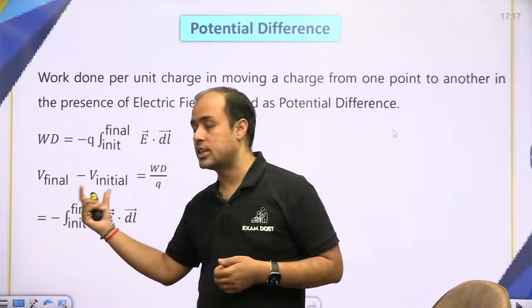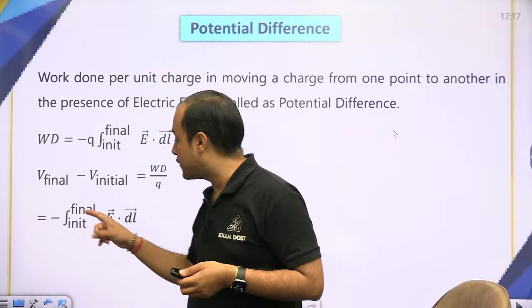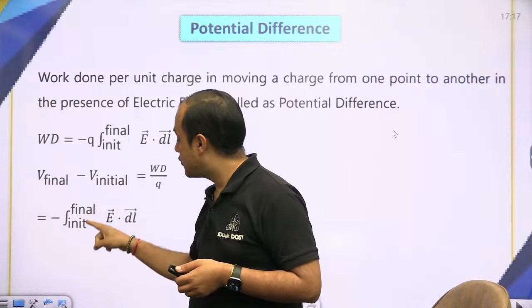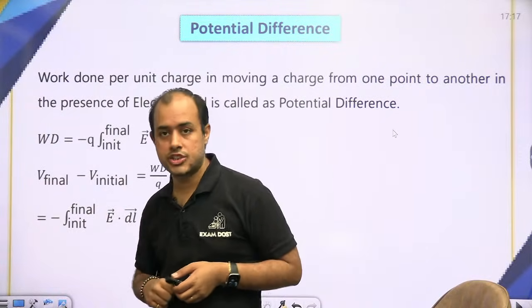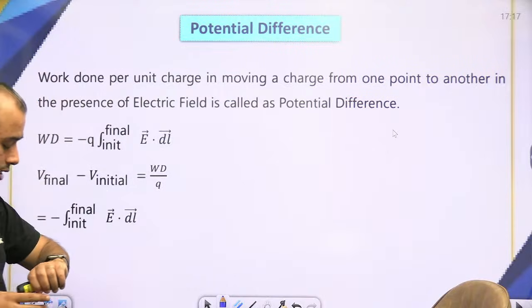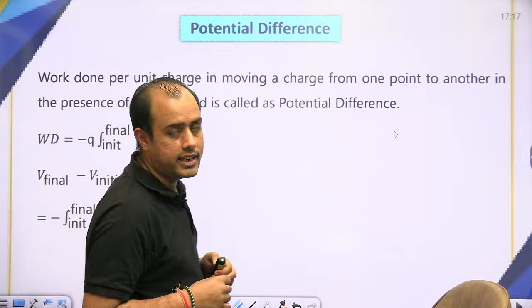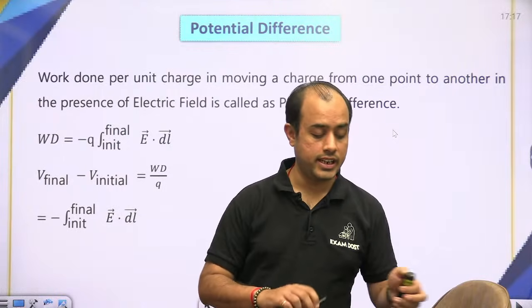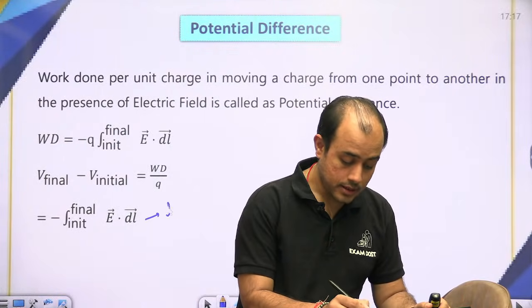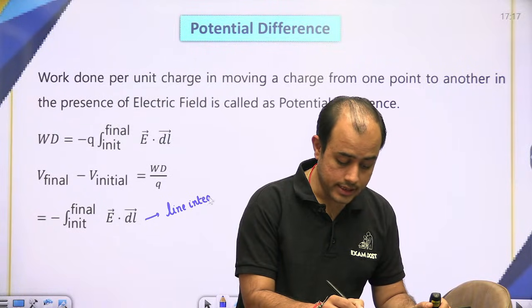तो व्हेन वी टेक वर्क डन पर यूनिट चार्ज, इट इज द पोटेंशियल डिफरेंस। तो पोटेंशियल डिफरेंस इज नेगेटिव ऑफ इंटीग्रेशन ऑफ इलेक्ट्रिक फील्ड फ्रॉम इनिशियल टू फाइनल पोजीशन। पोटेंशियल डिफरेंस निकालने के लिए इलेक्ट्रिक फील्ड का इंटीग्रेशन करिएगा, लाइन इंटीग्रेशन, इनिशियल टू फाइनल, उसका नेगेटिव ले लीजिएगा। ठीक है, तो दिस इज बेसिकली लाइन इंटीग्रल। ठीक है, ये लाइन इंटीग्रल बना।